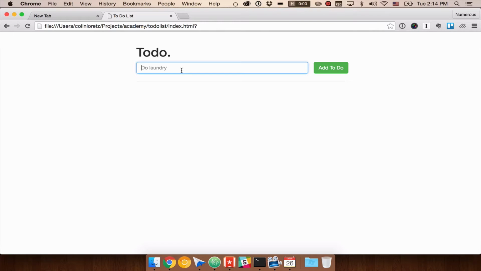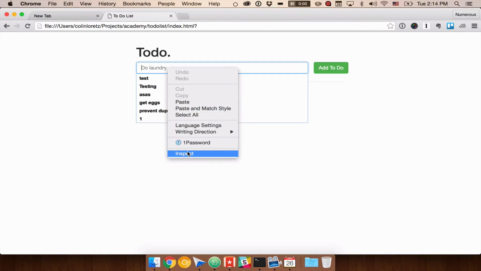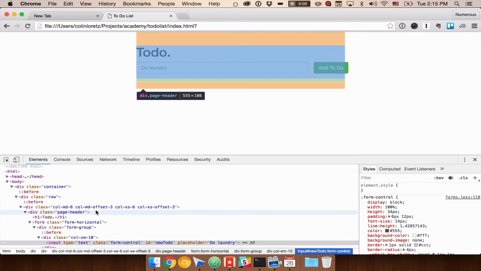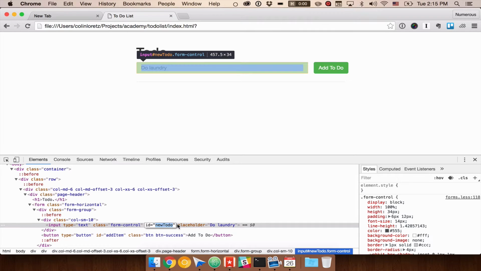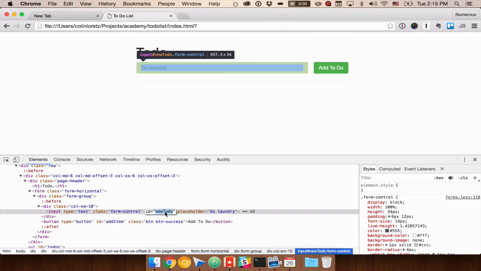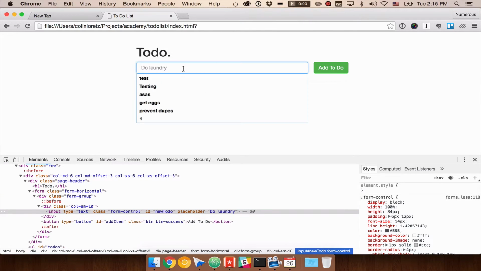Okay, so now we have our to-do list. We can type in entries, but if we try to type in something new and hit enter, you'll see that hitting the enter key causes the page to refresh, and that's not exactly what we want. So what we can do is take a look at this input field, and you can see that it has an ID. That ID is new to do. And we want to make it so that when you press the enter key, it will call the add